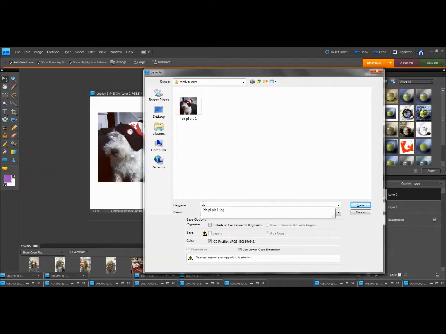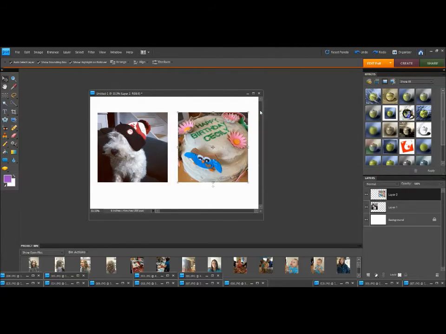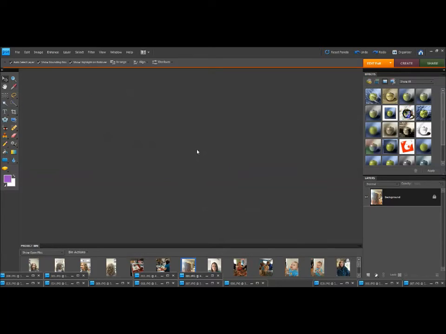So then we're going to go February PL Pic 2. Not any really genius method to that one. And then just hit Enter. And again, click OK. All right. So that's done. We've got those pictures done. So I close those out. And again, when I hit the X, it says, do you want to save it as a Photoshop Elements document? No, because I don't really care. I've already got it saved as a